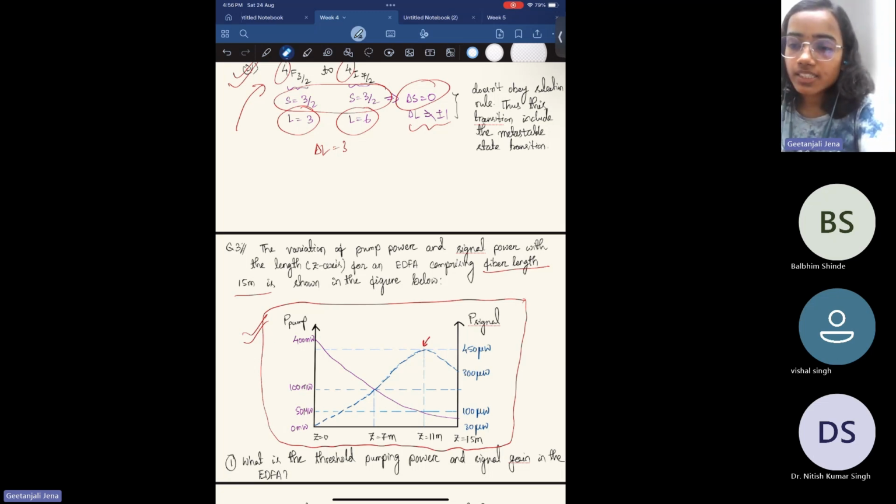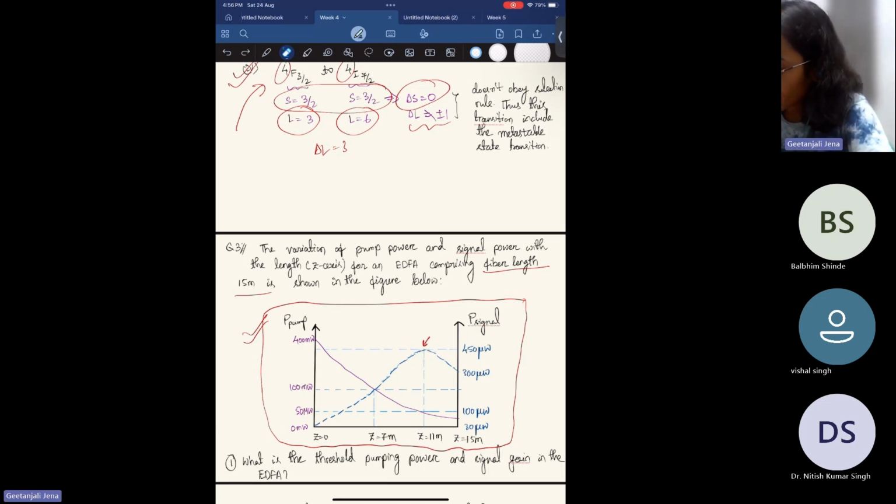That means the population inversion is decreasing over the length. So you can find out the threshold pumping power by taking the intercept of this,